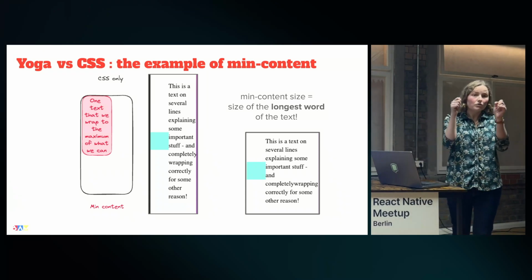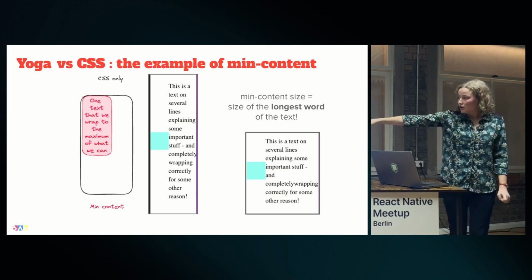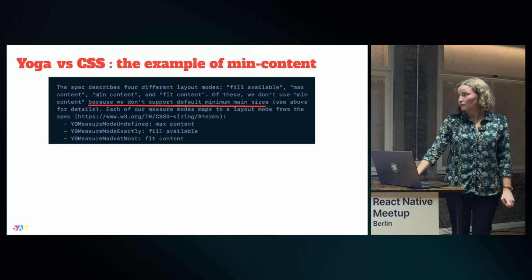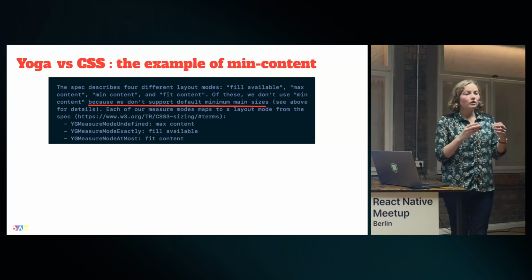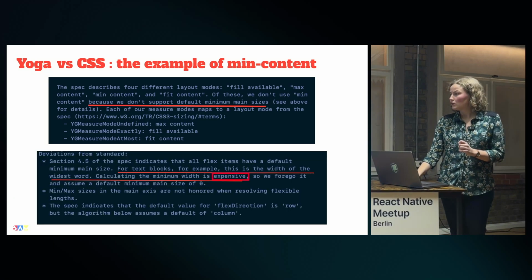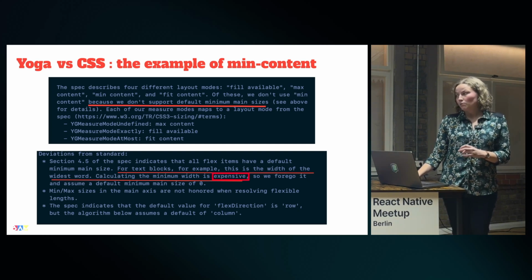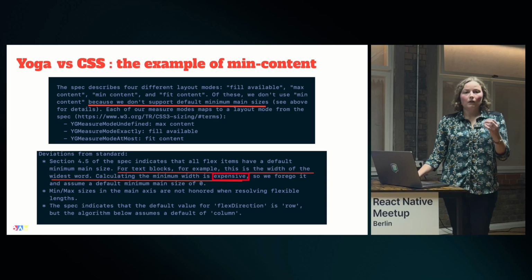But if you try to reduce your navigator size, you will see that the text will shrink until it reaches the length of the longest word. It doesn't want to cut the word. And the Yoga developers put an explanation in their code to explain why they weren't supporting this. They said, we don't support default main size because it's expensive. Calculating the minimum word is expensive, so main size is 0. Okay, still it's not our case of flex shrink, but the word has been said,